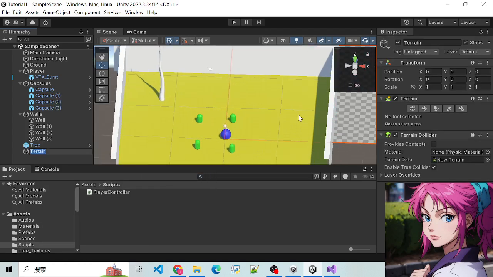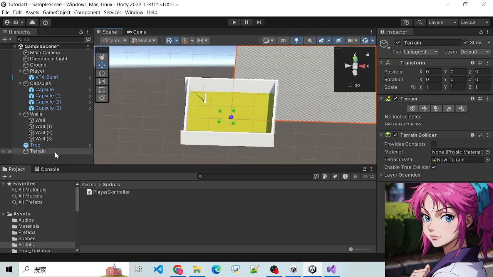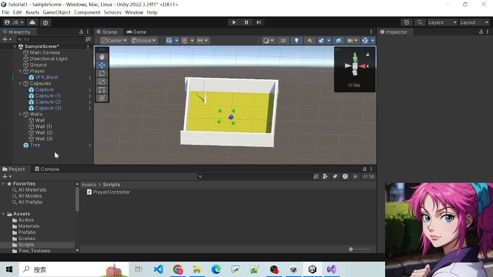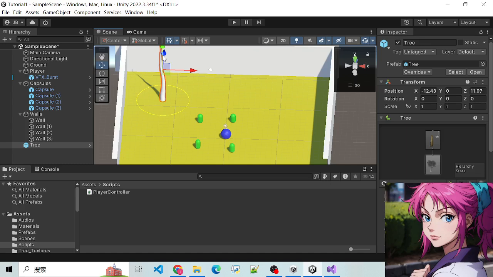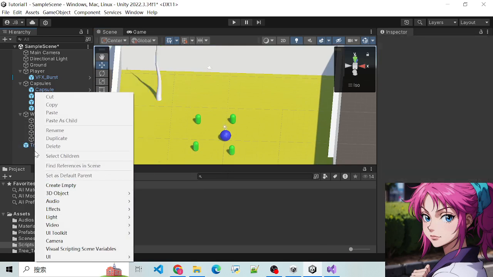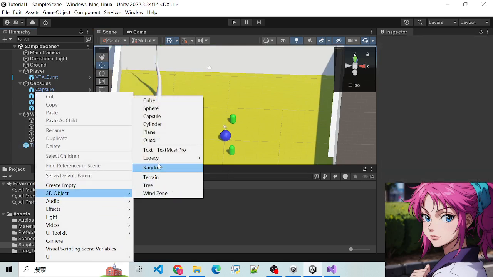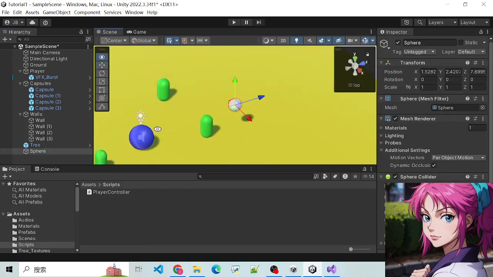Terrain, no. It's very huge. It's a very huge thing, so we don't want it. Delete. We do easy because... no, I just want to add some enemies, okay? Add some enemies here. I don't know what enemies look like. Maybe just make them sphere, okay? Make them sphere